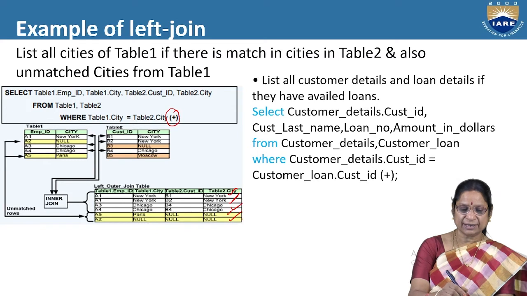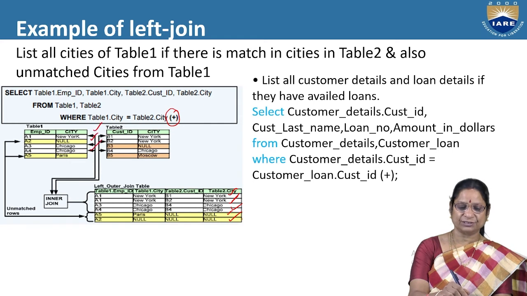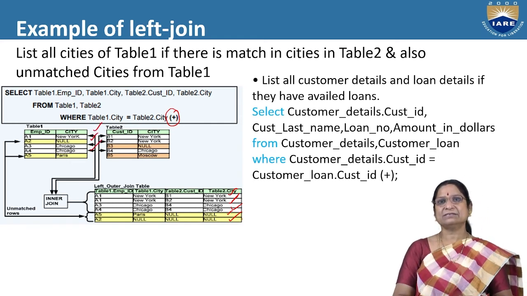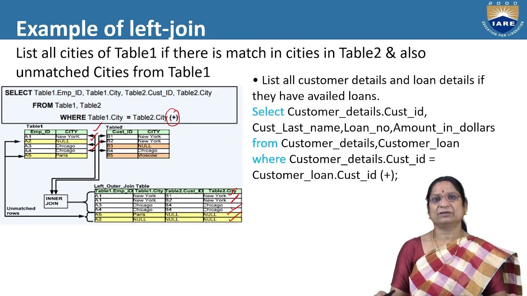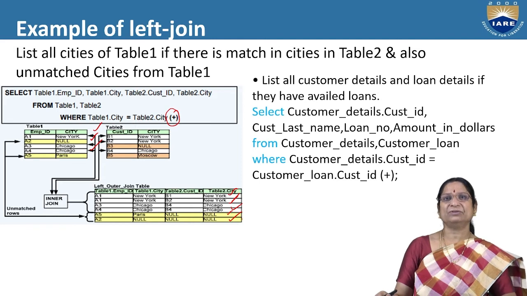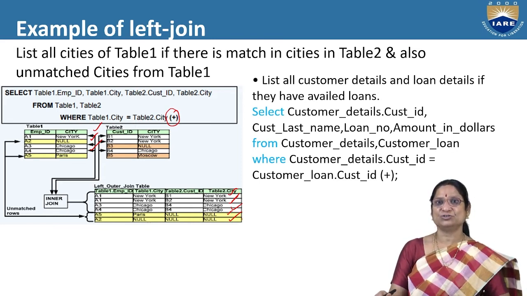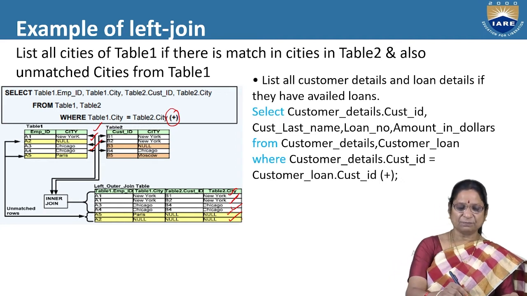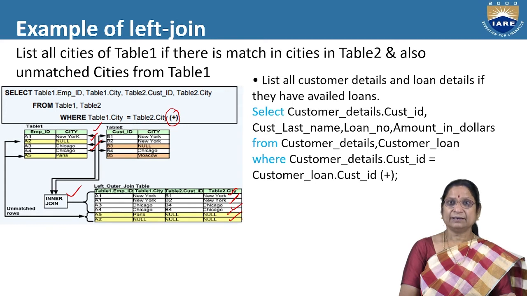So you observe here, there is a match. We kept it as 2 arrows, which means this is an inner join, this is an inner join, this is an inner join. 3 tuples are supposed to be there. That is 4 tuples totally. First tuple with 2 values, second tuple with 1 value, third tuple with 1 value. So a total of 4 tuples are going to be retrieved for the inner join. So these 4 tuples are for the inner join. Clear?